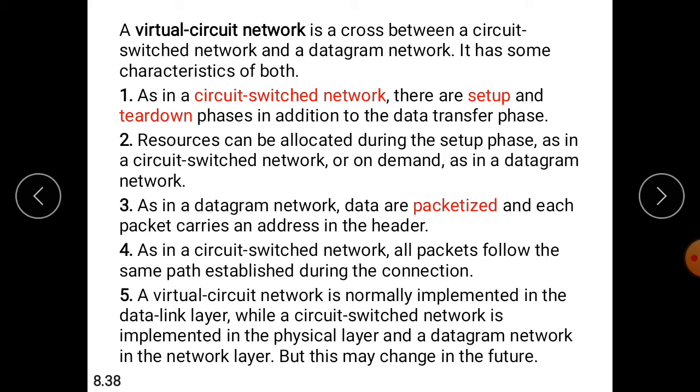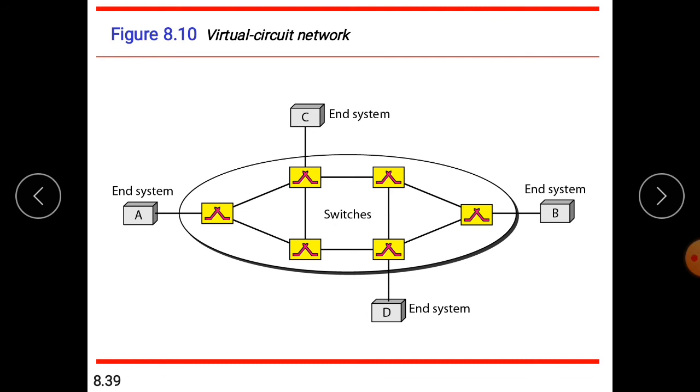A virtual circuit network is normally implemented in the data link layer, while a circuit switch network is implemented in the physical layer, and a datagram network in the network layer. But this may change in future. So the figure shows a virtual circuit network. The network has switches that allow the traffic from source to destination.